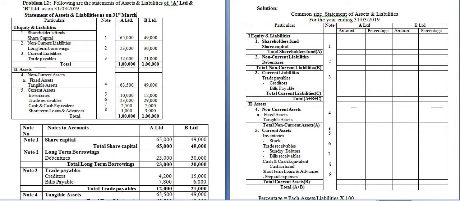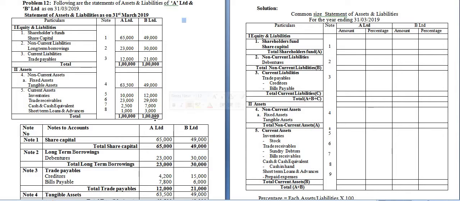In liabilities side, in equity and liabilities side, we have shareholders fund, non-current liabilities and current liabilities. Okay, and the total of equity and liabilities of A Limited is 1 lakh and B Limited is also 1 lakh. Okay. In asset side, we have non-current assets and current assets. The total of asset side of A Limited is 1 lakh and B Limited is 1 lakh. Okay. And these are the notes of